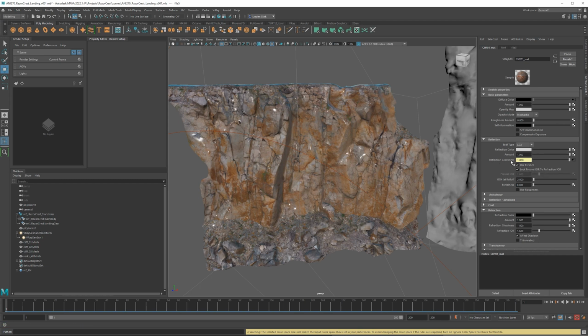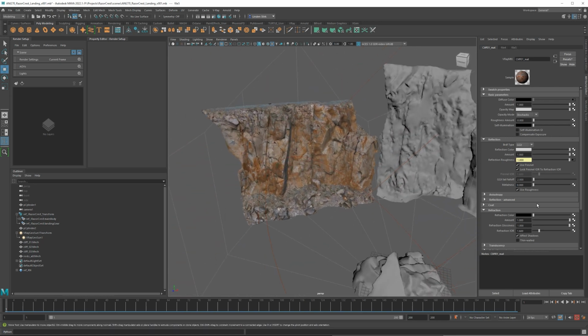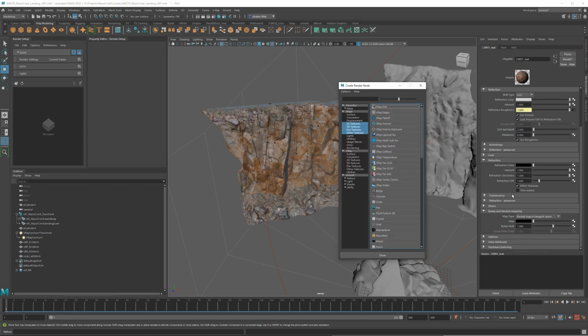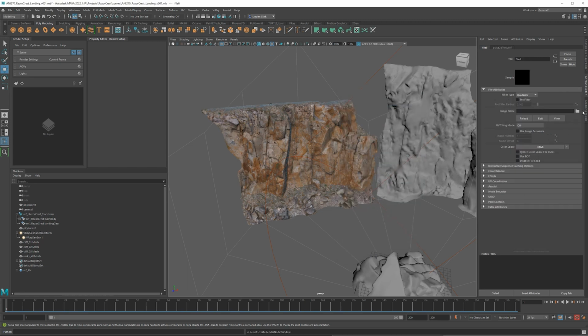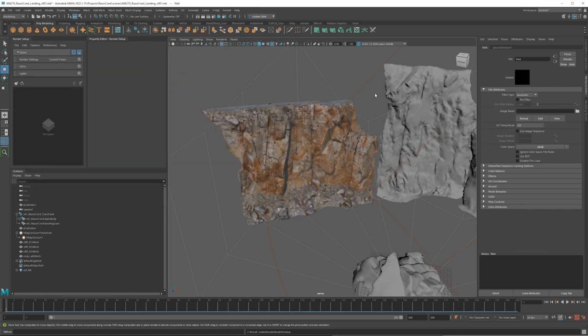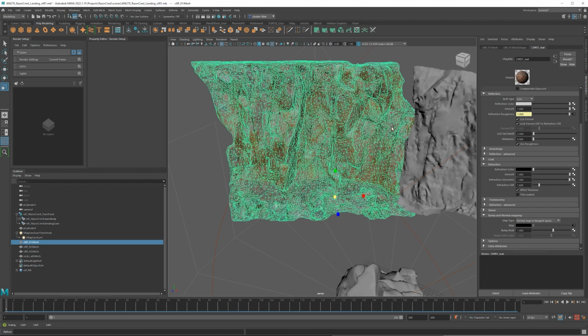And then we absolutely have to change this to be use roughness, otherwise our rocks are going to be super shiny. For the normal map, we need to change the type from bump to normal and tangent space. And then for the map, we're going to grab Cliff 01 normal, color space. Now this one, it is important that it is raw and it's not sRGB color, so that's important.